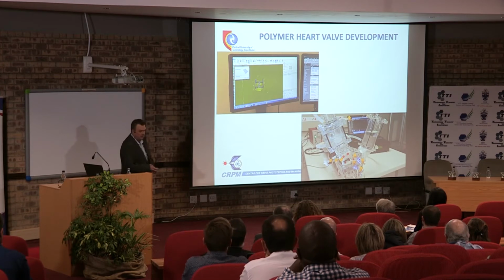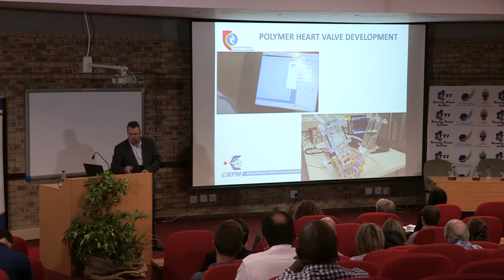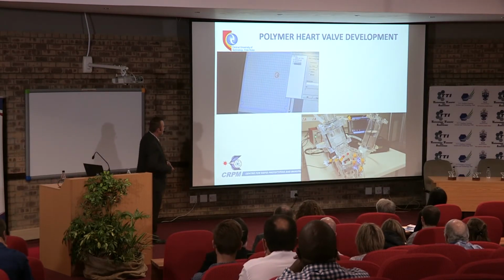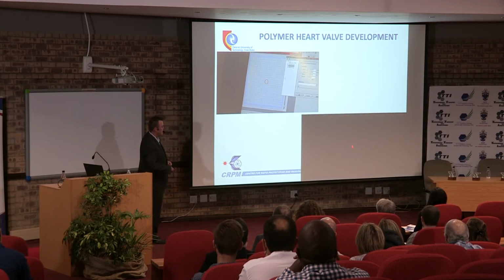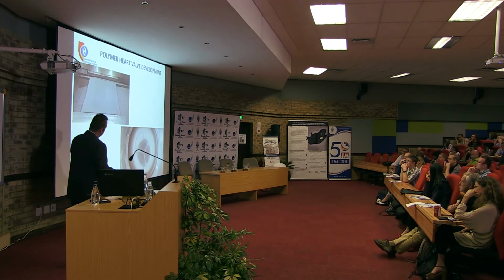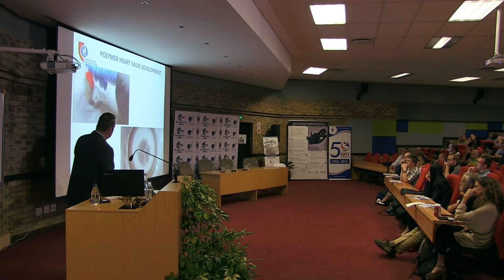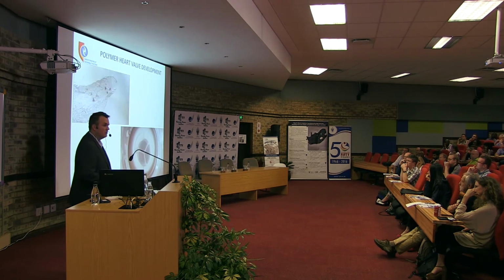But if you have a look, and I want to show you this, these are now actually the parts being manufactured in the machine. But this is the heart valve on the test bench. And these are additive manufactured components. And you could see it's now going through fatigue cycles with pressure, and you'll see now from the top. This is quite nice. It's bending the pillars. The heart valve, there's still some work. It's not closing properly. It will never close, it seems like, on the sides there. But yeah, just to prove